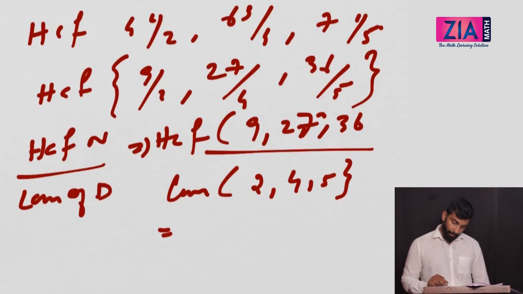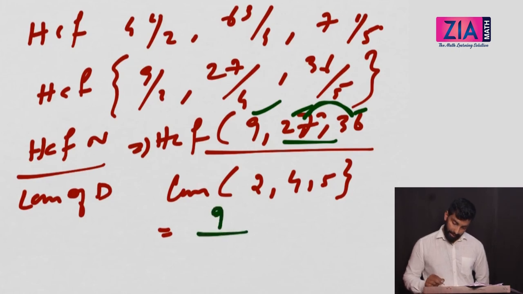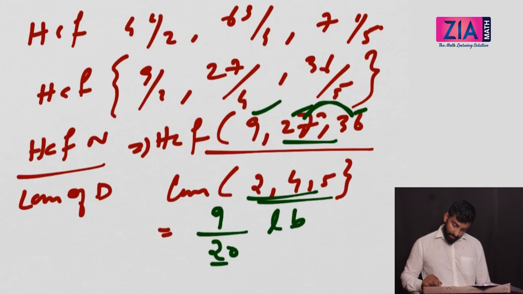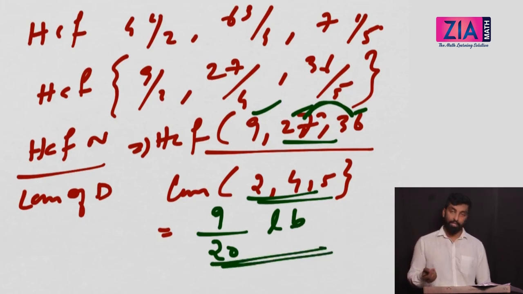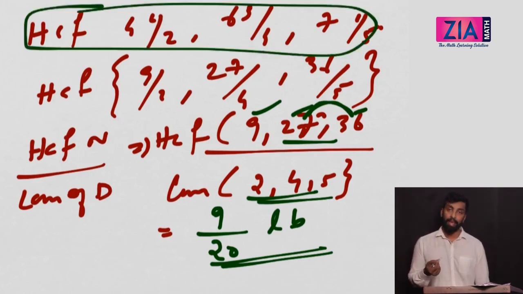So how will you find the HCF of this? You take the minimum difference, right? You get 9 and check whether I can divide all the 3 with 9, right? So I can get it as 9. LCM is 20, right? So 9 by 20 LB is the weight of each piece, which can be divided, which is the highest, right? So if you add all the 3, what is the weight of the cake which is available? If you add all the 3, you will get it as